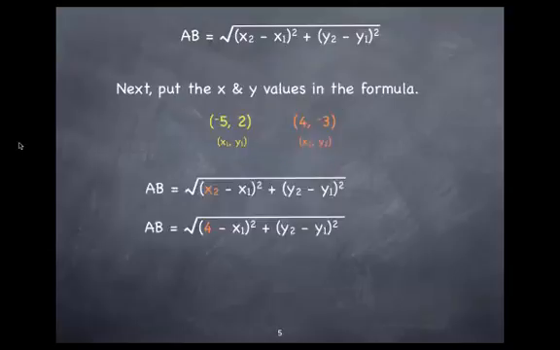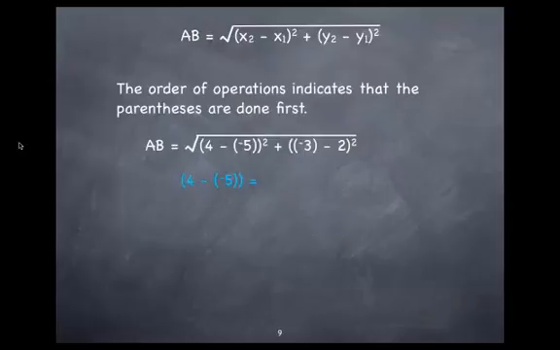And we label our points, x1, y1 for point 1, x2, y2 for point 2. And in our distance formula, x2 is represented by the number 4, x1 is negative 5, y2 is negative 3, and y1 is 2. The order of operations indicates that the parentheses are done first, so let's pull the parentheses